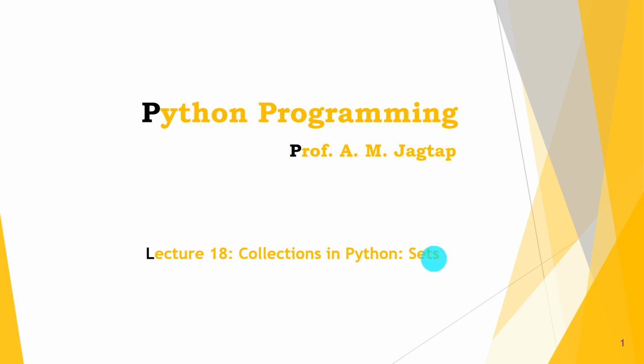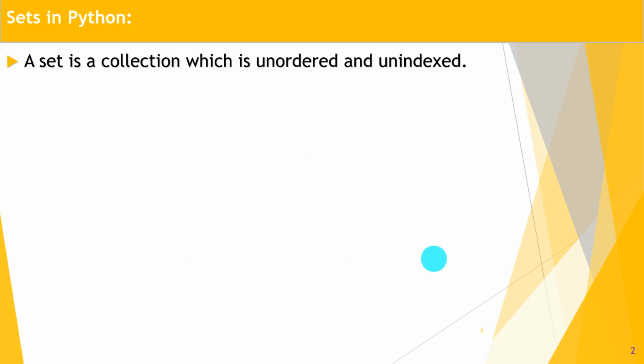In this session, we are going to discuss collections in Python, in that type, that is sets. Okay, so let's start with the sets. What is a set? A set is a collection type which is unordered, unindexed. That means in sets elements are not ordered and do not have any index, and that's why we cannot access elements of the sets by using an index, guys.